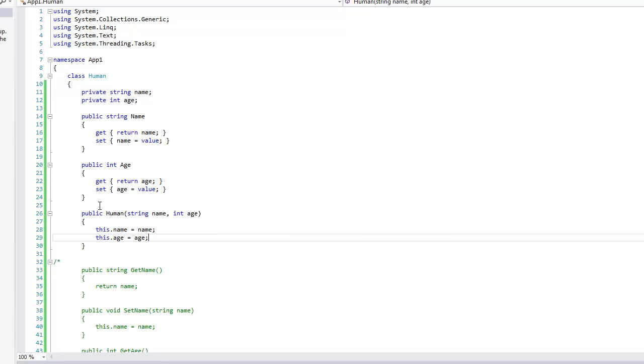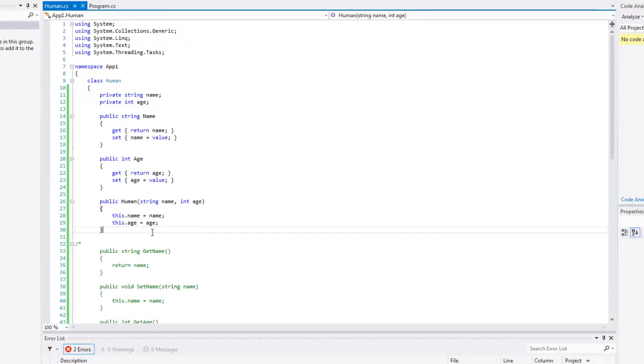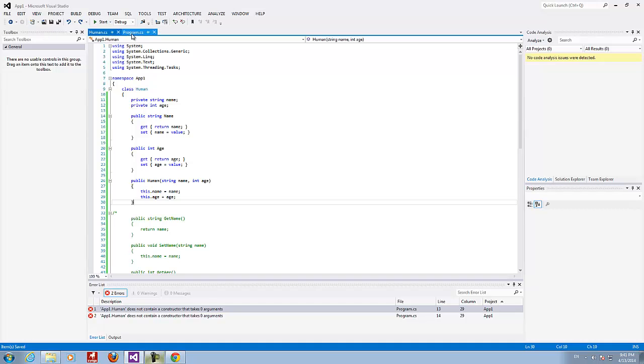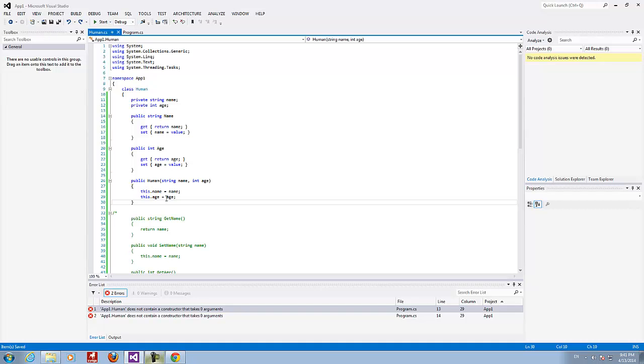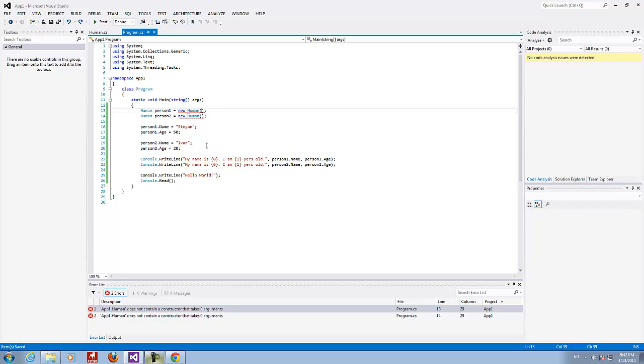So the default constructor here is not added implicitly by the compiler anymore. In other words, we cannot instantiate any more objects of class Human without giving any parameters, because we don't have a constructor without parameters. We just have to give the name and the age for both.